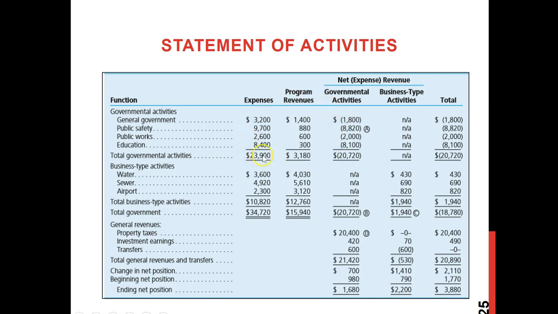So for the governmental activities, we will see their net revenues is 3,180, whereas the expenses are 23,900. That means they have a deficit revenue, or negative net revenue, which is 20,720, which makes sense because these are basically the free services that the government is providing to the public, and that's why they have these negative net revenues. Those are related to these governmental activities, and basically those types of activities are financed by taxes. So we'll see it later.